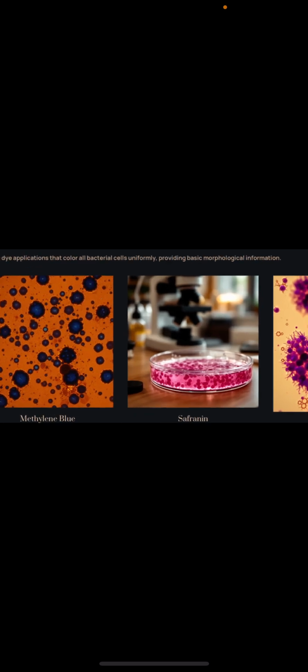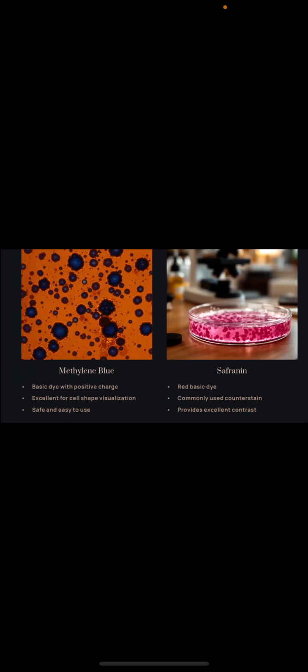Methylene blue will help you. It's a basic dye with positive charge. It is excellent for cell shape visualization. If you are interested in identifying a certain shape of a certain bacteria, you just take methylene blue, and in order to visualize the shape of bacteria, you can use this dye on a glass slide and then view it